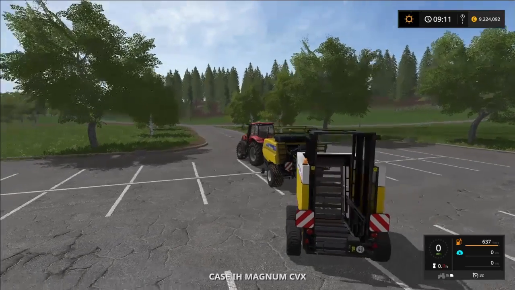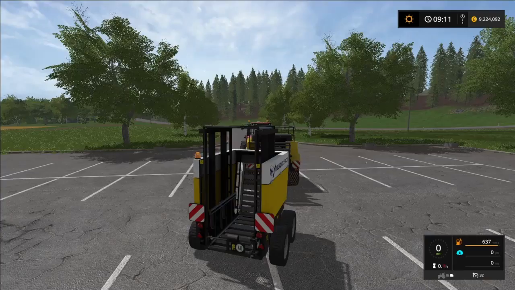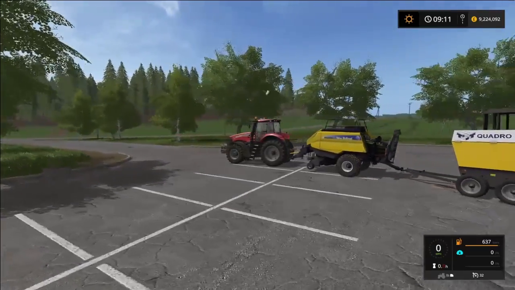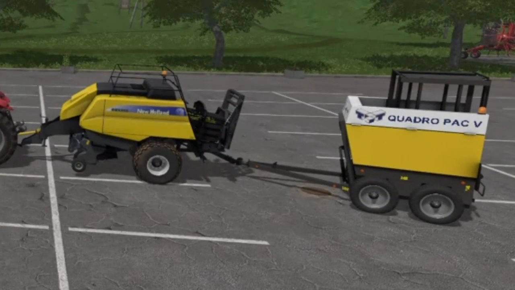So if you look down the bottom right hand corner, I've got the 2 trailers on the back, so I can switch between one and the other. If I do this one first, and it's hard to see because I'm in the tractor obviously, I'm on the back one, and I'm going to put that into its operating position. Then I switch to the baler, open that,